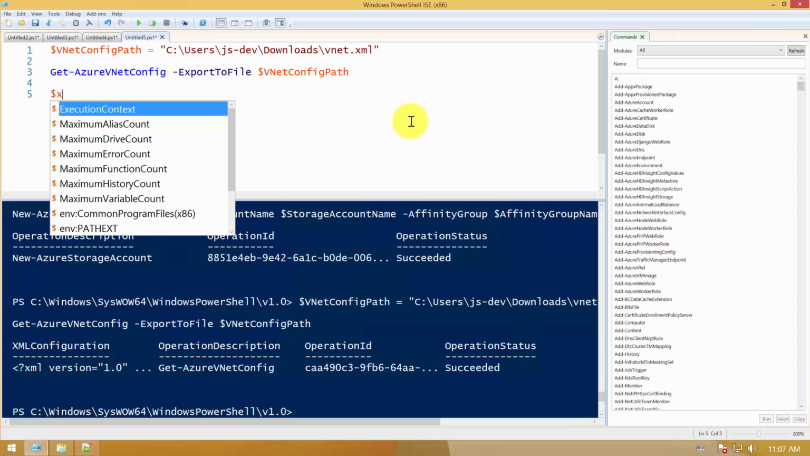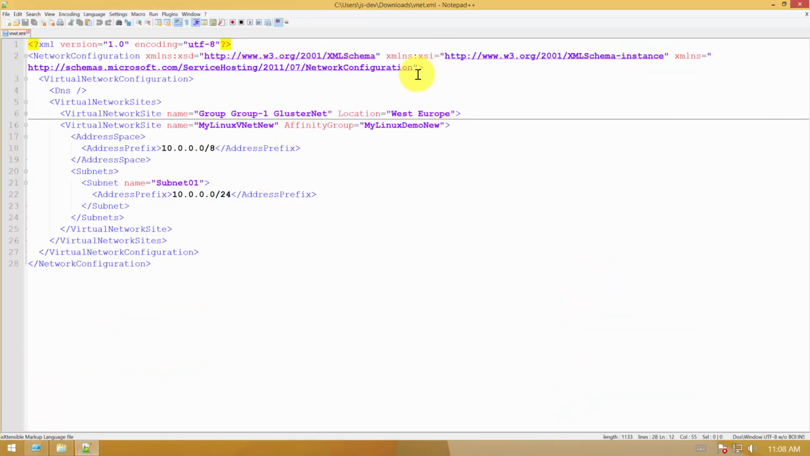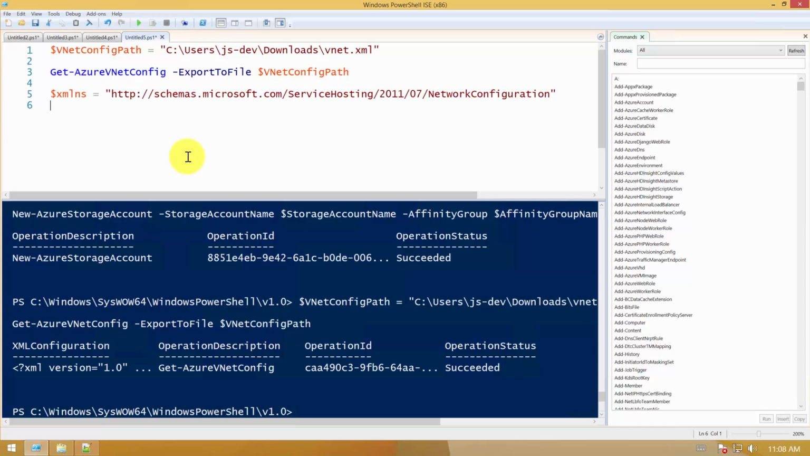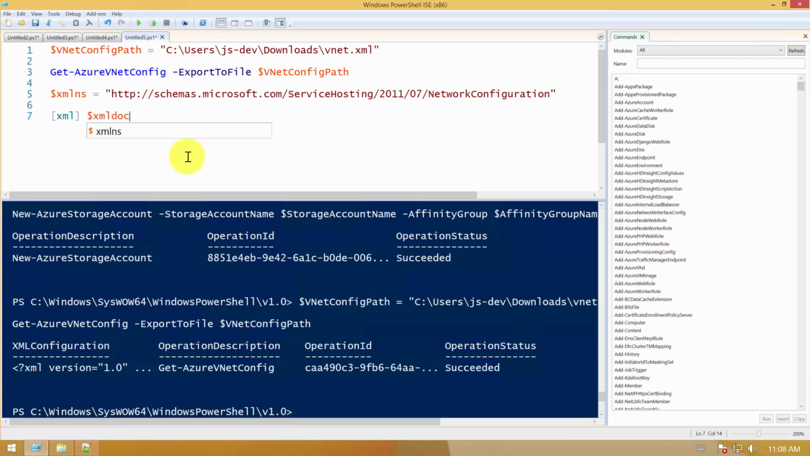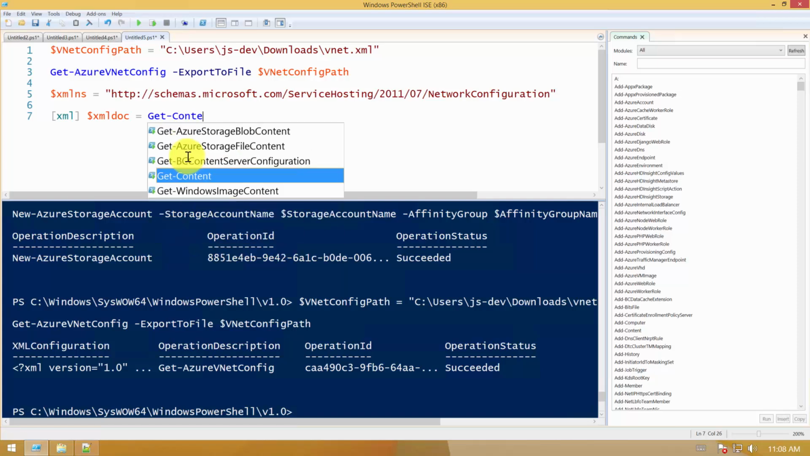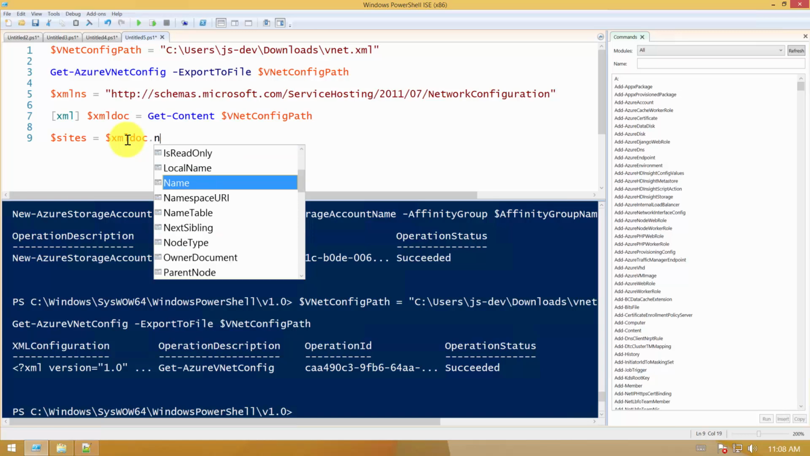First, I want to create a new variable XML_ns. I will copy it from here, because all my nodes should be in this XML namespace. Now I want to create XML doc from file vnet config path. Now I want to create the sites node, which will be XML doc, then I need to copy it from here, then network configuration,